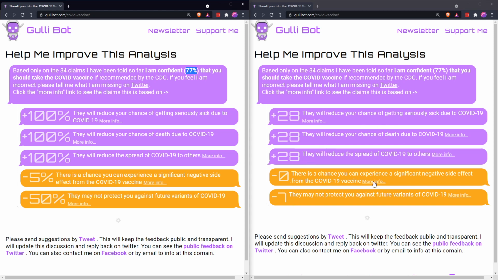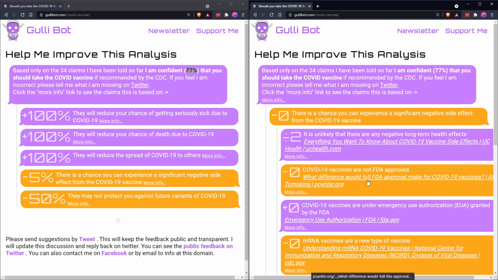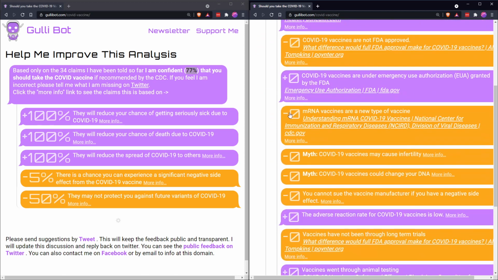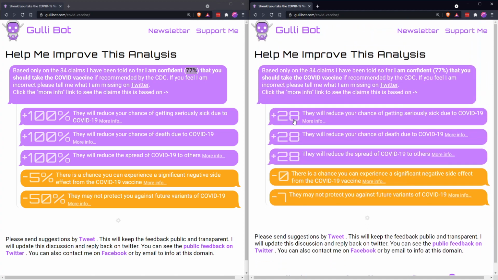One of the challenges with this scoring system is that if you have something that's considered a myth, which this one really should have a score, but right now it's a myth in the system, and you open that up, almost all the scores beneath it are all zeros. So you can't see which ones are contributing to it and which ones aren't. But the benefit of this one is that the math adds up. If you go to this side,